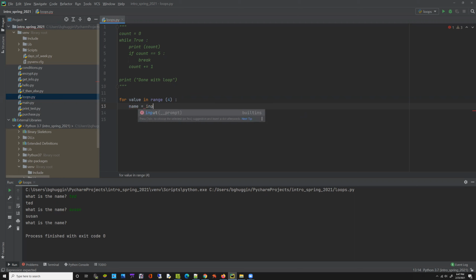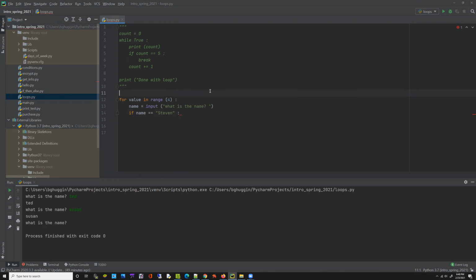So name equals input. If name is equal to, let's see, Stephen,